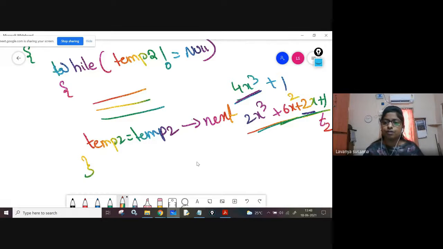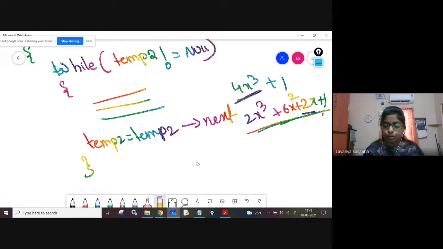Now what you have to do? You need to make, see here, the next 1 should be multiplied. See, 1 should be multiplied with 2x cube, right? 1 should be multiplied with 6x square, right? 1 should be multiplied with 2x, 1 should be multiplied with 1.